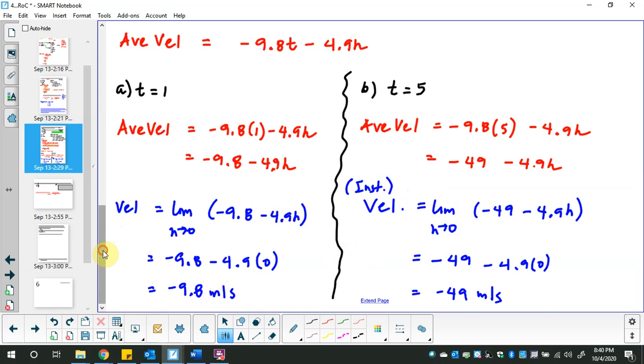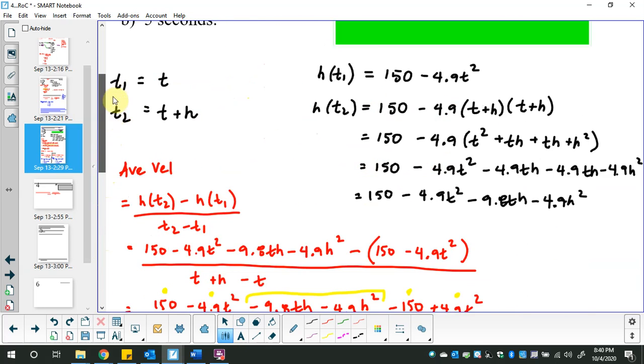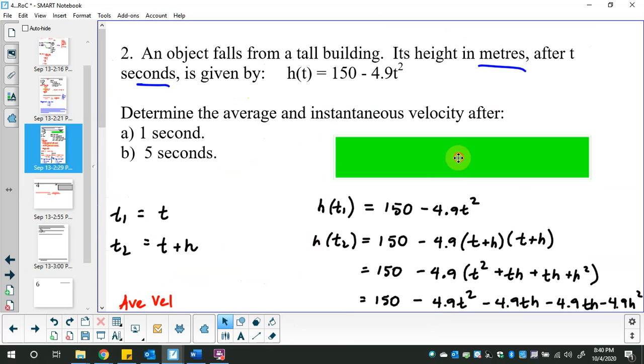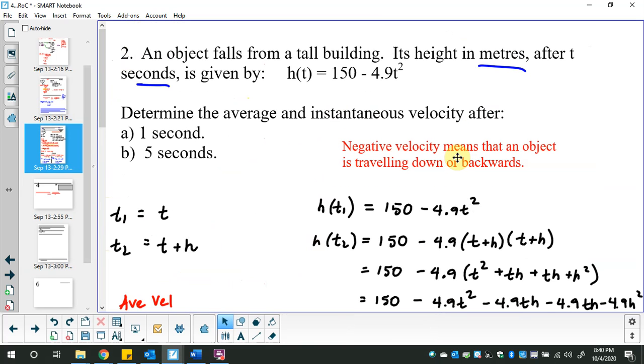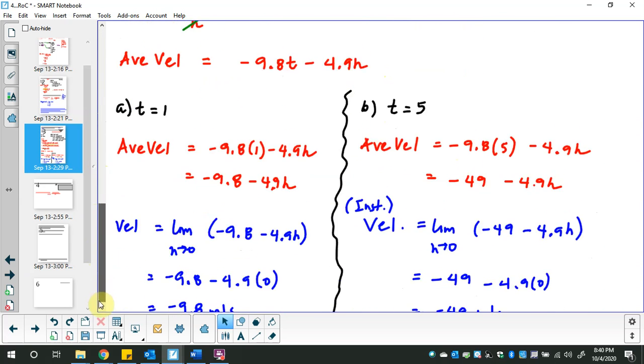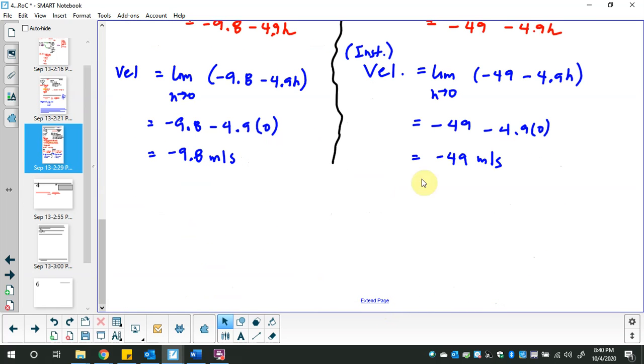Now, back to this little box that I said I would uncover. This is the language of physics. So this is an object falling from a tall building. So when I talk about negative velocity, it means that an object is either falling backwards or it's traveling down. So in this case, the object is falling towards the ground. So you can have one of two therefore statements. So it's kind of lucky that I have two possibilities here, and I'm going to do real live therefore statements for you. I can say, therefore,